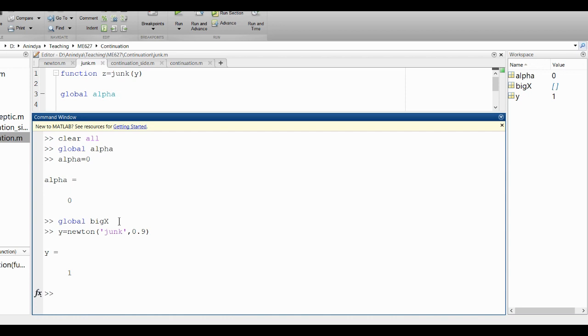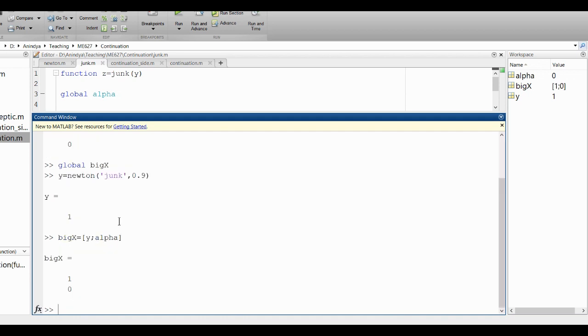So I will say big X is equal to y alpha. This is my first point. Remember, I need 2 points for the method to proceed. Okay, so now I say alpha is equal to 0.03, different from 0, a nearby point. I am choosing this. Then I will say y is equal to